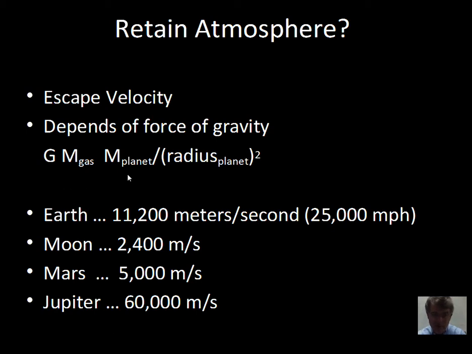Mercury has the least mass of the 4 terrestrial planets, and it has the least atmosphere. And there's another reason it does, besides just low mass. But for the